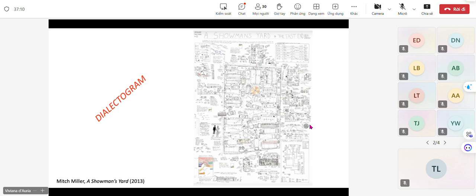And he too invents this term, the dialectogram. So it's an invitation to be creative, but also clarifying what you are integrating. In this case, there are not 56 things being integrated, neither in the case of Dear Hunter that I just showed. But the output is this piece, and it is an integration of the various elements that Mitch Miller then works with.